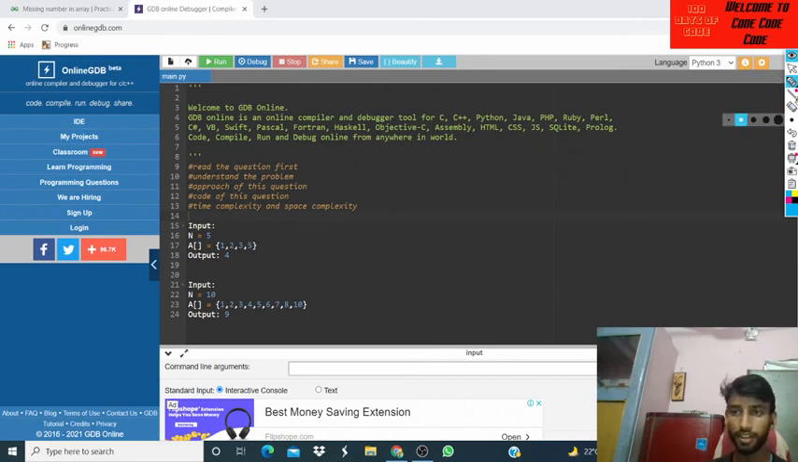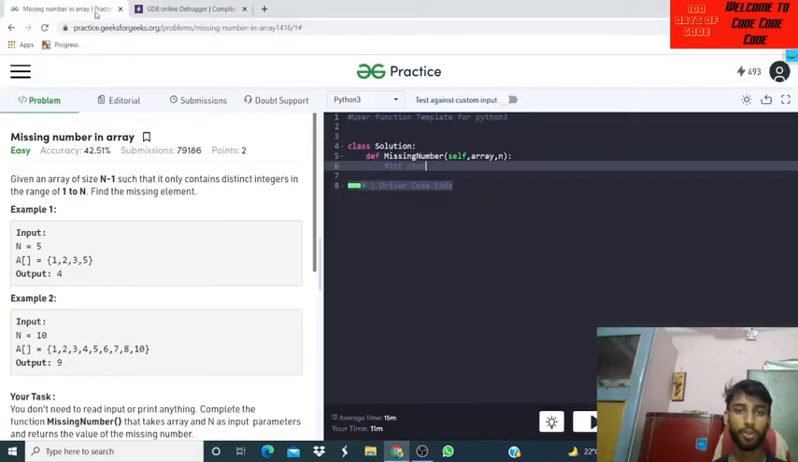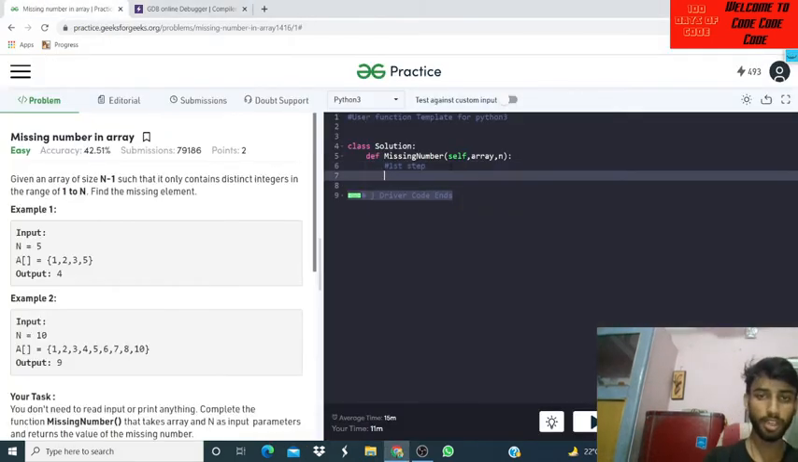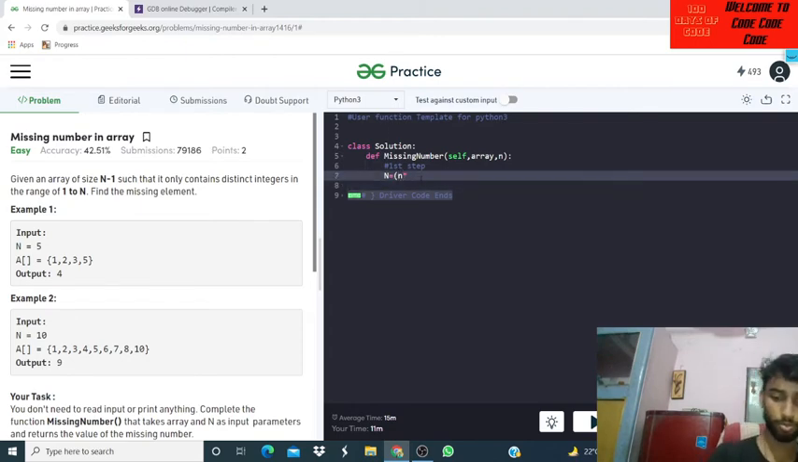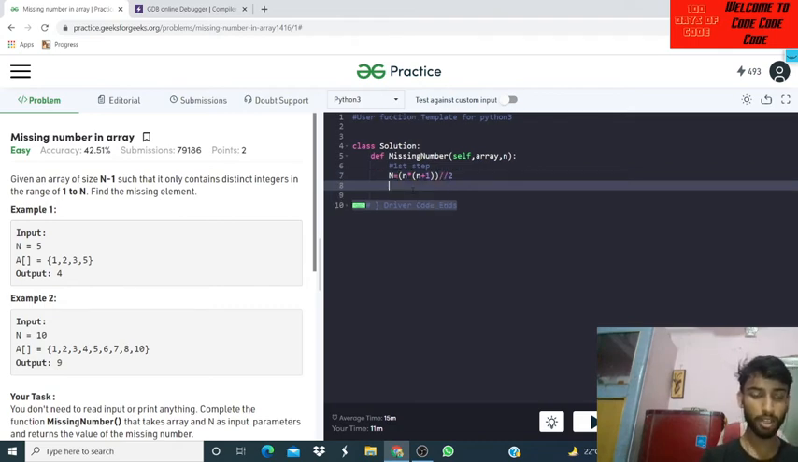So just delete this. First step, we will calculate the sum. So capital N, n into n plus 1, okay, n into n plus 1, whole divided by 2. And then we will calculate the sum of the array, that is s is equal to,